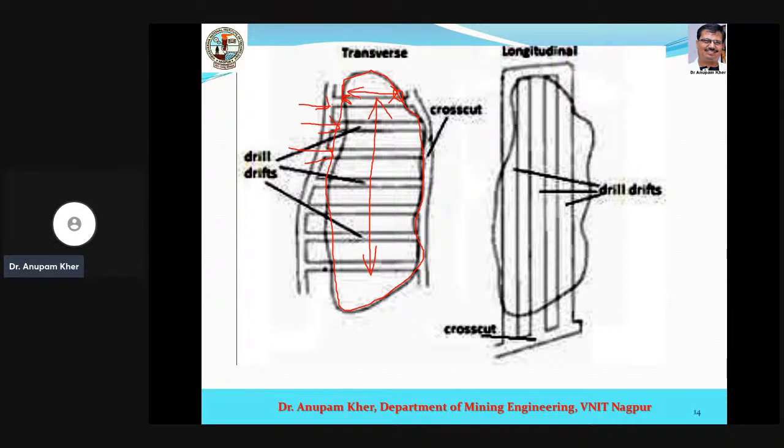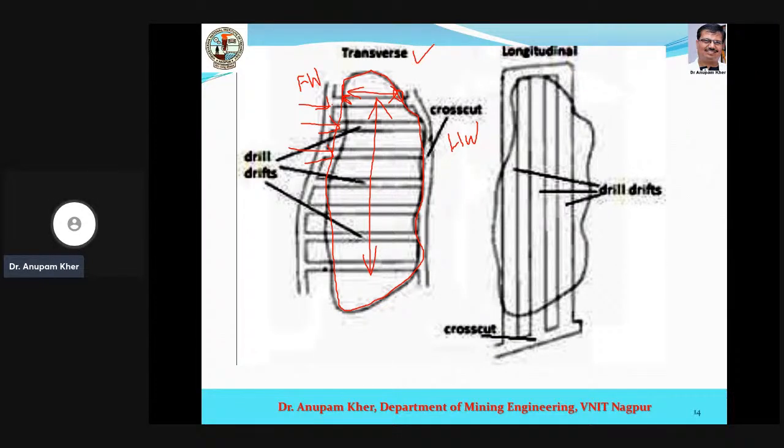Suppose this is the footwall, this is the hanging wall. So if I'm running wall to wall perpendicular to the strike of the body, the directional term it is called